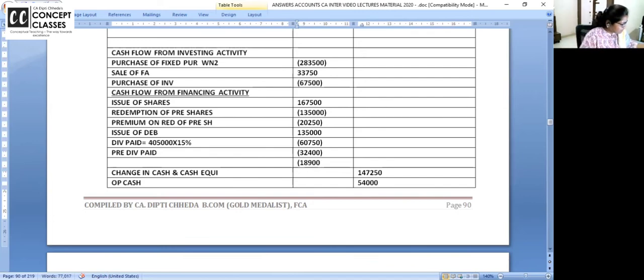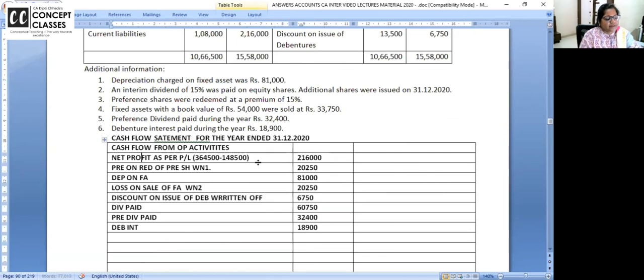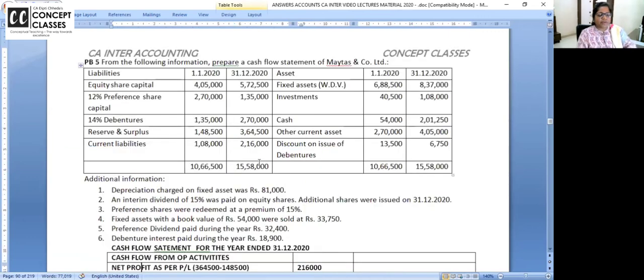How much is the debenture interest paid? 18,900. See, debentures issued are financing. Debentures repayment is financing. So debenture interest paid, dividend paid, equity and preference, all are outflows in the financing. So if you have debited it, add it back. Debenture interest, add back. All clear? See, when you do a cash flow statement, you have to be very perfect in the terms used. Interim dividend is the current year's running dividend. Otherwise, last year's dividend is paid now, no? How we did in the investment chapter.